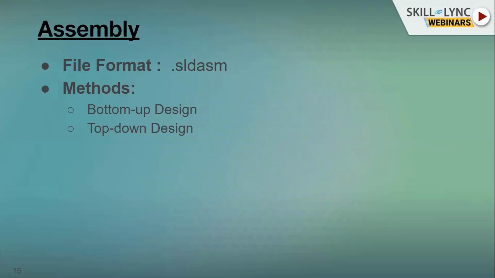There are two kinds of approach in making the assembly. As a basic thing, there are two major categories. It is the common design methodology for any kind of 3D model, which is bottom-up design, and another one is top-down design. Bottom-up design is nothing but creating individual parts as separate components and bringing them all together as an assembly, assembling the components based on the parts' dimensions.